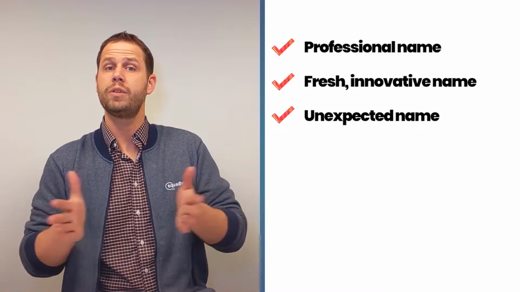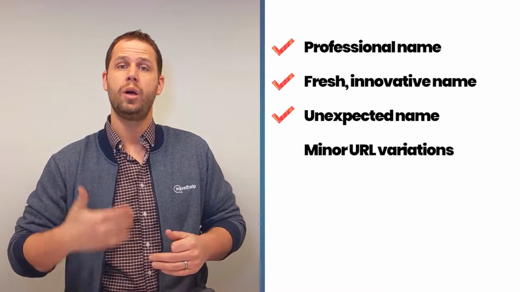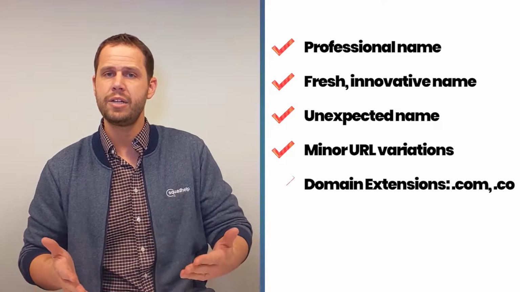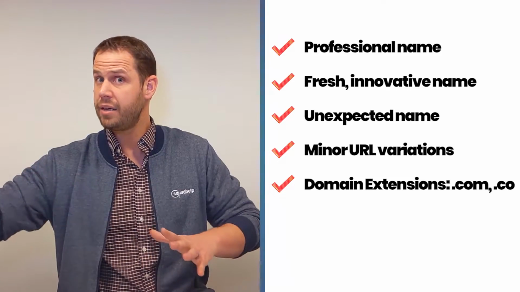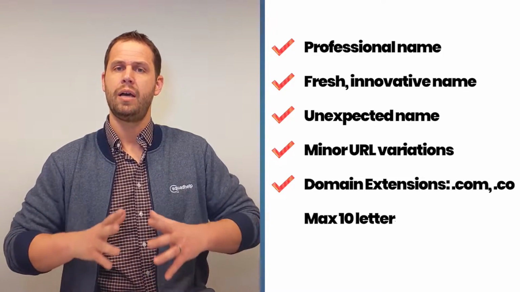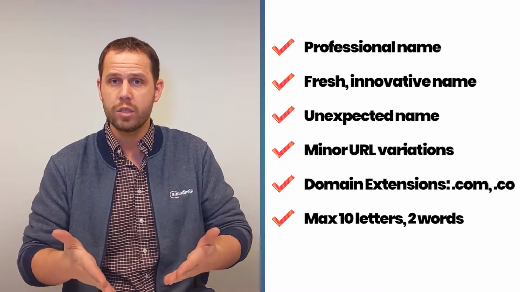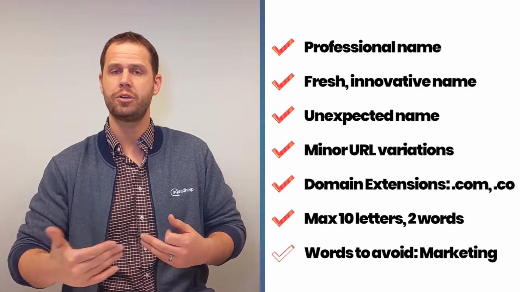There are also some very specific specifications that were in the brief, including that they're open to minor variations in their URL, which we can discuss later. They're open to a few extensions, including .com and .co. Again, we'll go through the URL later in this video. They've set up a maximum letter count of 10, a maximum number of words of 2, as well as giving us specific directions to avoid the word marketing. So now that you see how you can start thinking about the specifications of your project,